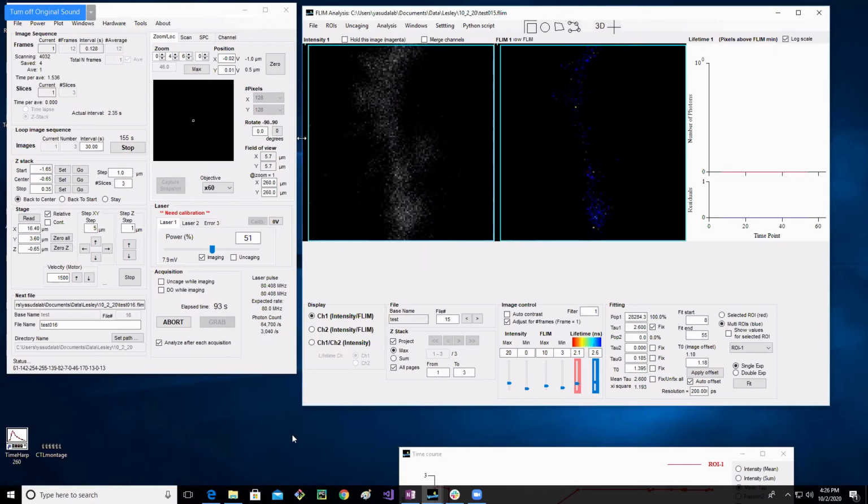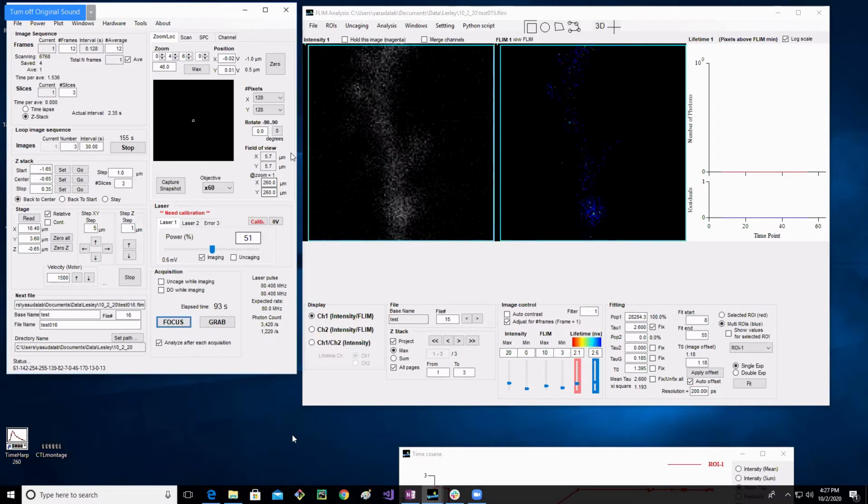By zooming in, if you only are trying to uncage on one spine, depending on your experiment, you'll need to really image different distances, right? But I think sometimes we feel like we have to image a big segment of the dendrite, but really we're only interested in the spine. You can see this is pretty dim right here, but if I zoom in and I'm looking at this spine right here, for example,